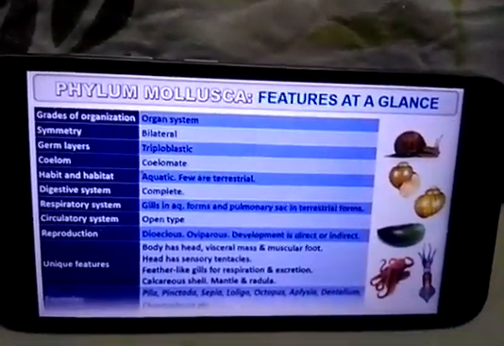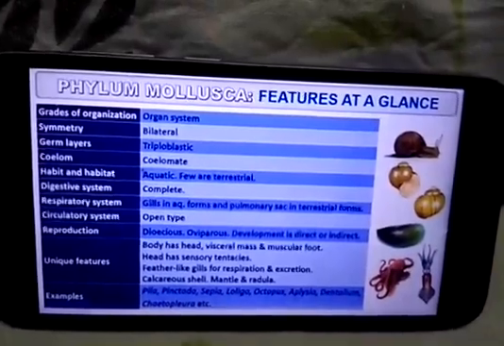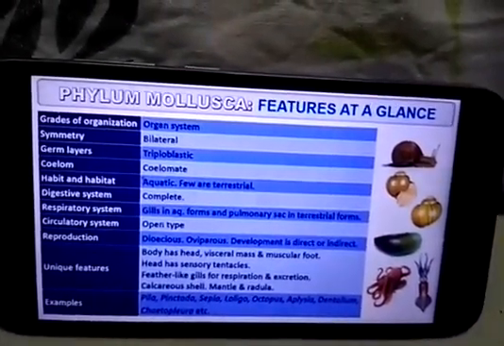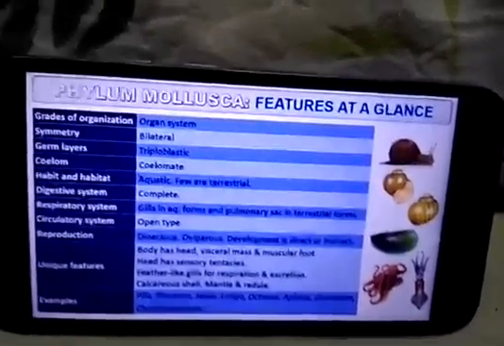Unique features. These examples: Pila, Pinctida, Sepia, Loligo, octopus,